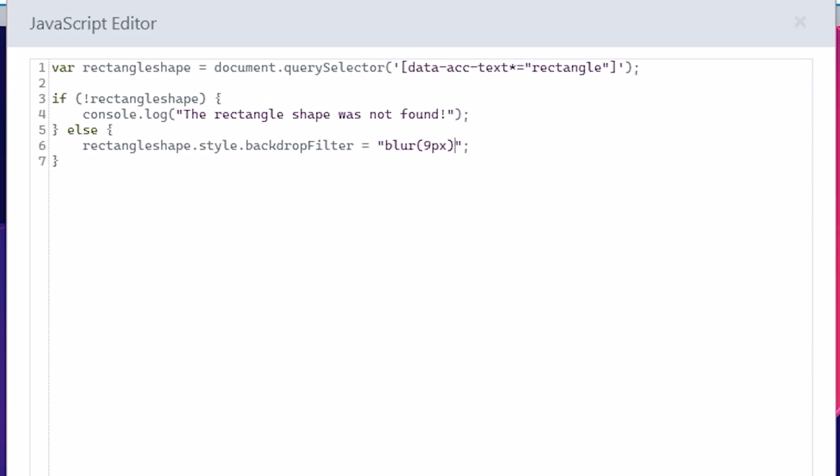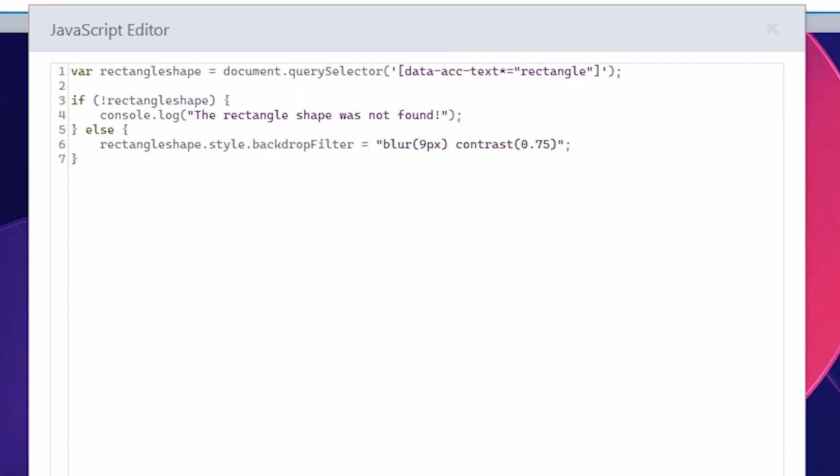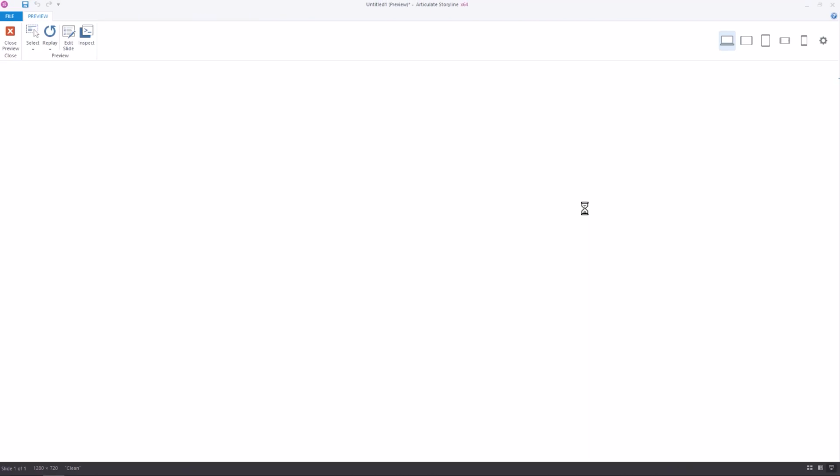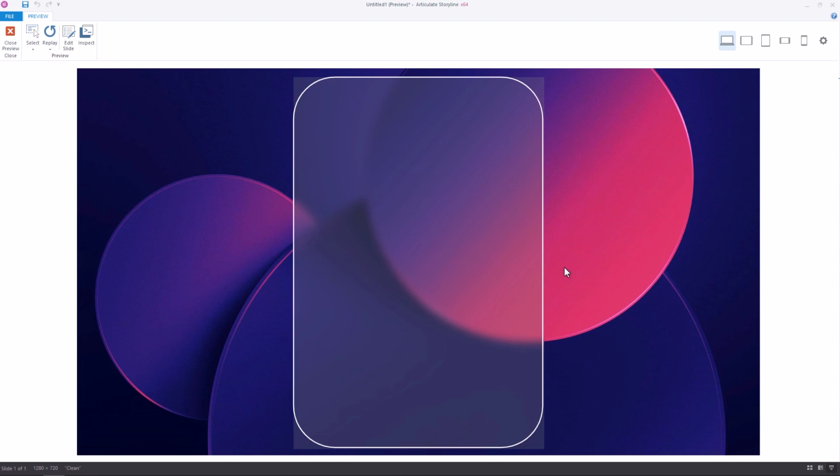A secondary option we can add here is a contrast value, which is a decimal value that we can set between 0 and 1. If I type in 0.75 for example, and preview this, you'll see that it starts to introduce some murkiness to the transparency, so a subtle use of this property can help you to create a frosted glass look. Have you noticed though that since we added the contrast value, that doing so has exposed a slight problem? As you can see in all four corners here, the effect we've applied is actually extending beyond the rounded corner boundaries of the shape.